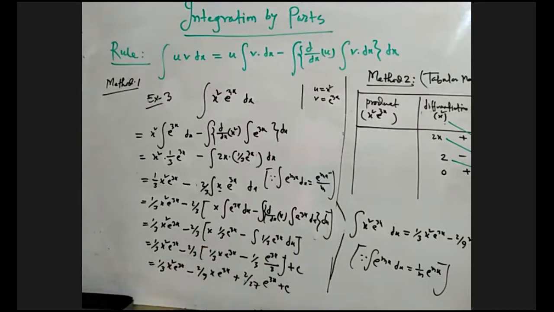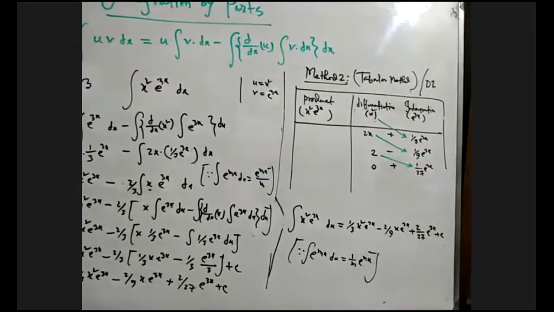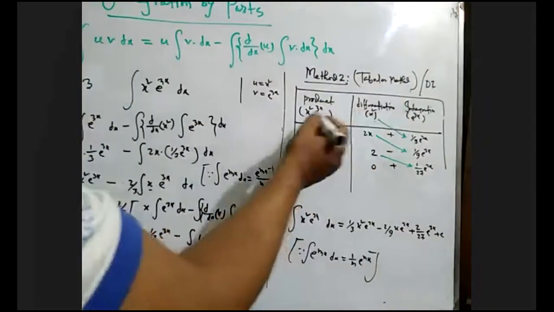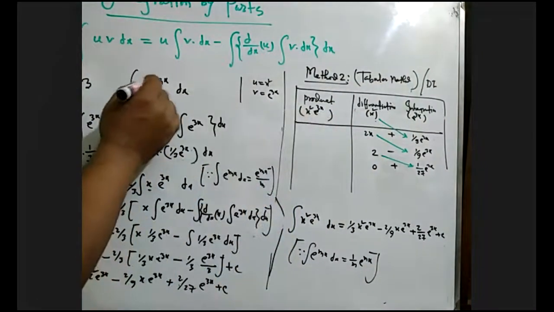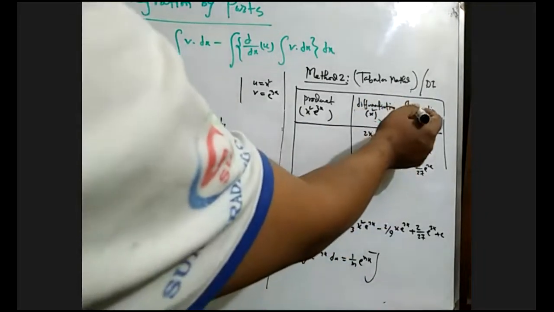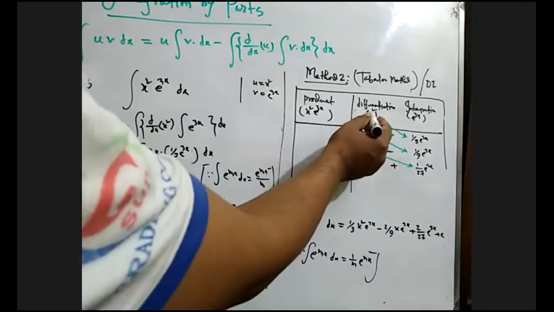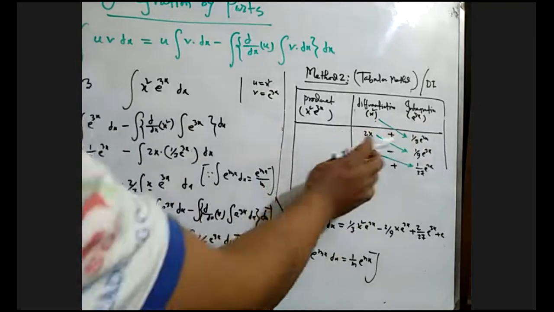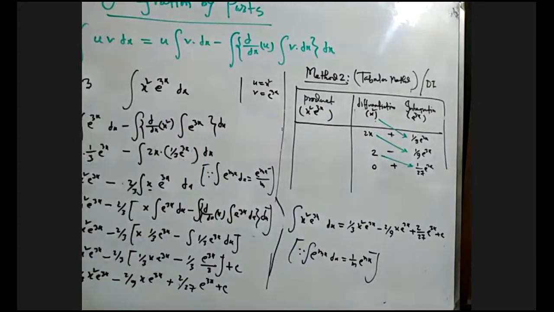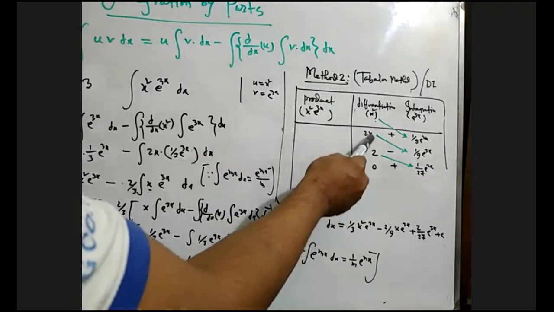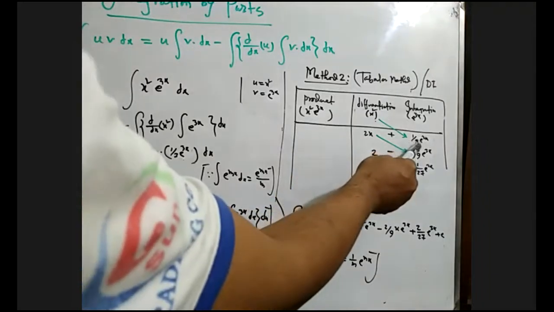Same result we can see by using another method, which is called tabular method or differentiation integration method or DI method, anyone. So product function what was? X square into e to the power thrice x. So taking differentiation of x square in first column, and in second column integration of what? E to the power thrice x. So x square differentiation what? Twice x, and e to the power thrice x integration what? 1 by 3 e to the power thrice x. Similarly, twice x differentiation what? 2, because x differentiation 1. Now again integration of 1 by 3 e to the power thrice x, what will be?